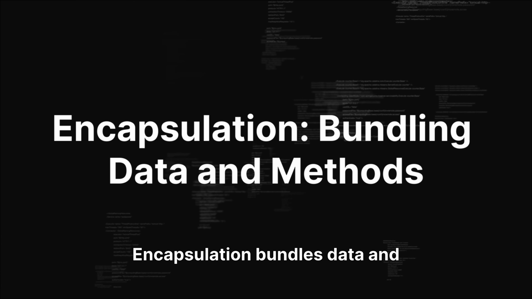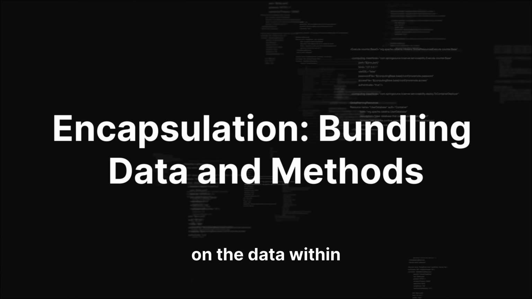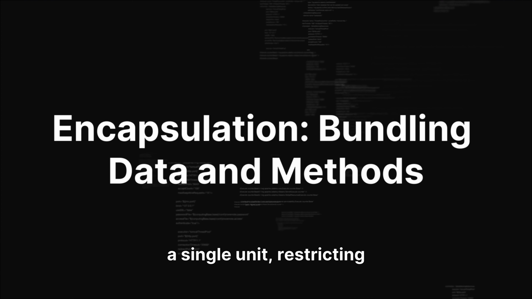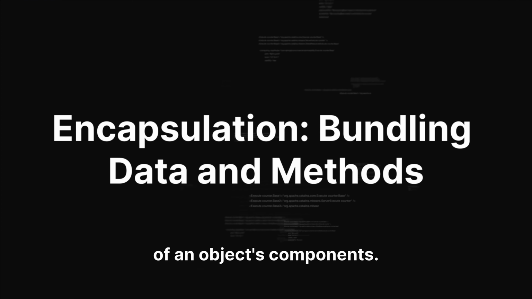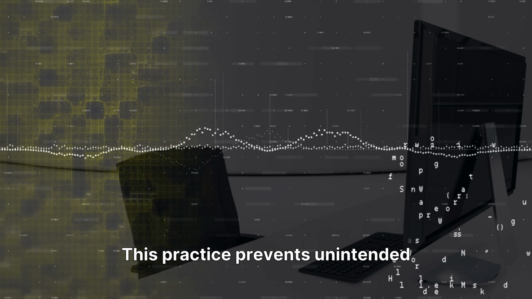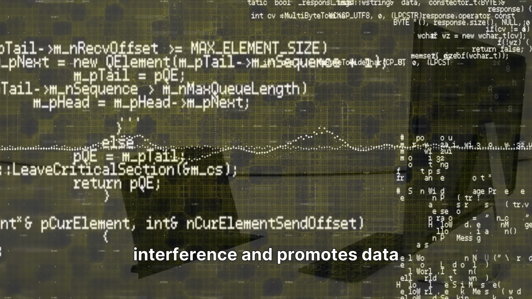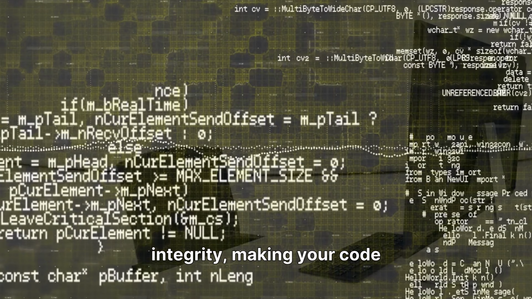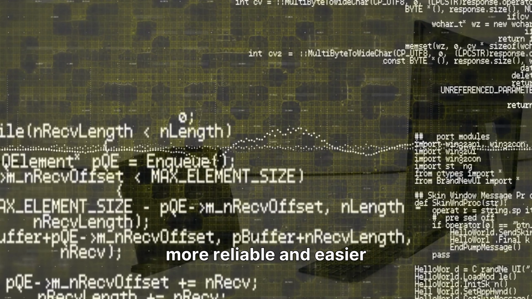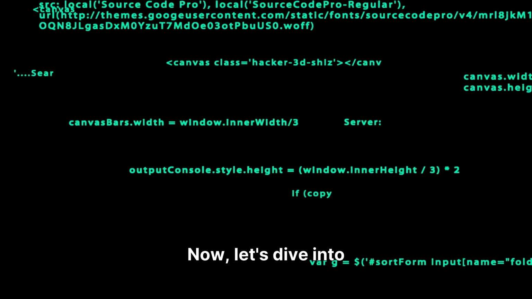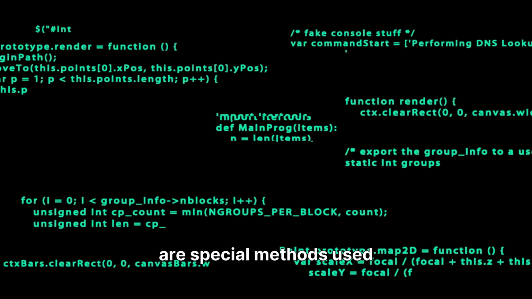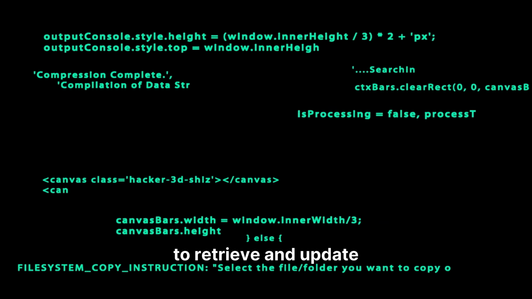Encapsulation bundles data and the methods that operate on the data within a single unit, restricting direct access to some of an object's components. This practice prevents unintended interference and promotes data integrity, making your code more reliable and easier to maintain. Now, let's dive into getters and setters, which are special methods used to retrieve and update the values